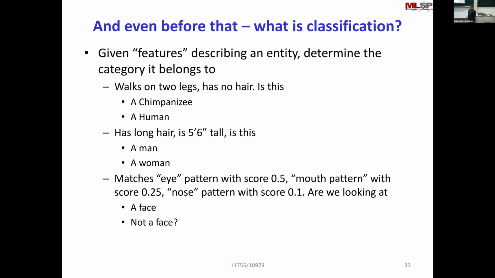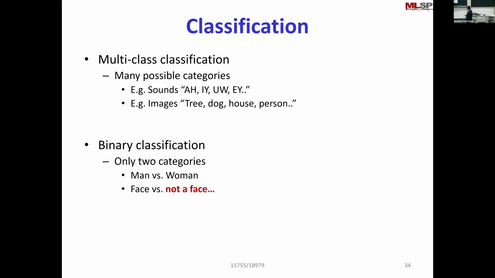Or instead of having such unambiguous features, you could have something a little more ambiguous. It has something that matches an eye pattern with a score 0.5, a mouth pattern with a score 0.25, a nose pattern with score 0.1. Is this a face or is this not a face? Now all of these are different variants of classification. And classification, of course, can be done